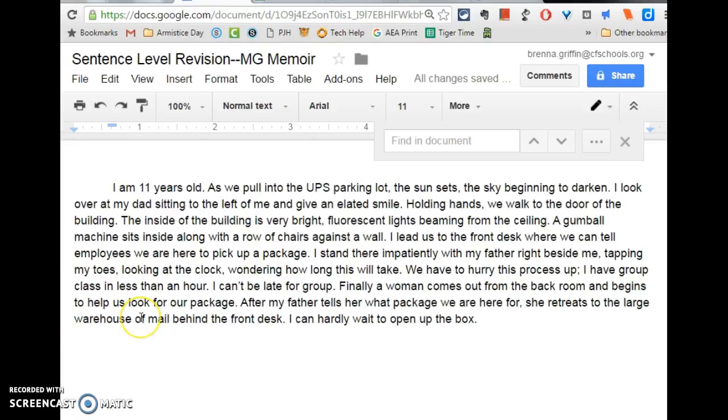So I encourage you to go to your draft. You may not do this in every single paragraph. You might read through your draft, pick the five paragraphs that need it the most, and work on those. But make sure that you spend some attention with sentence level revision and varying those sentences to improve your